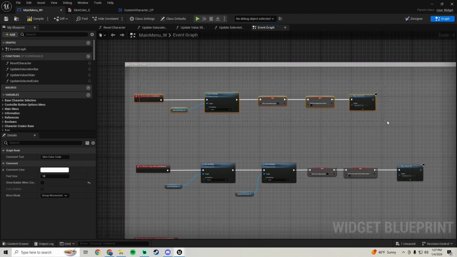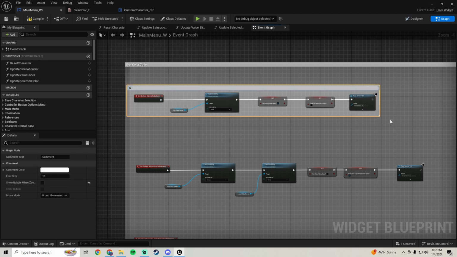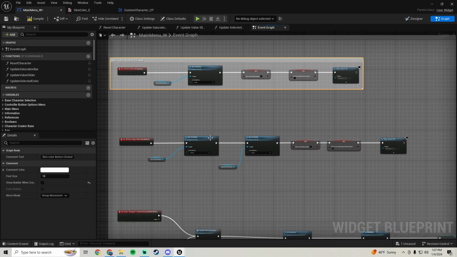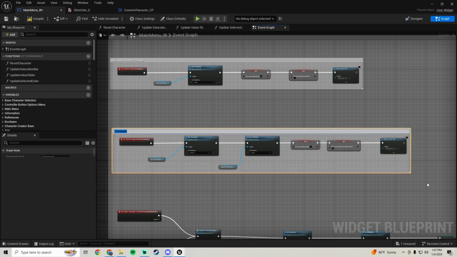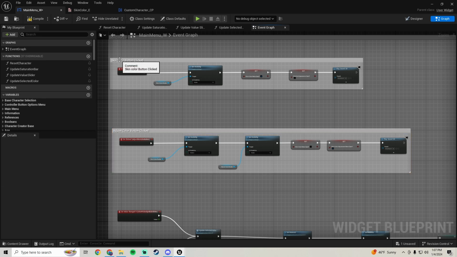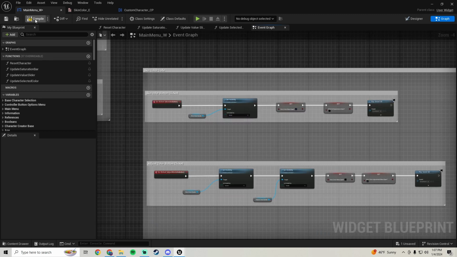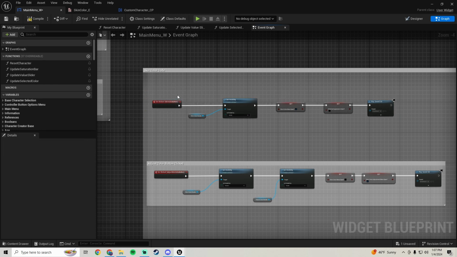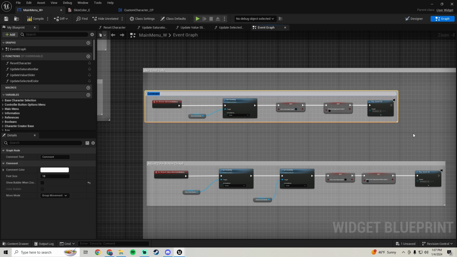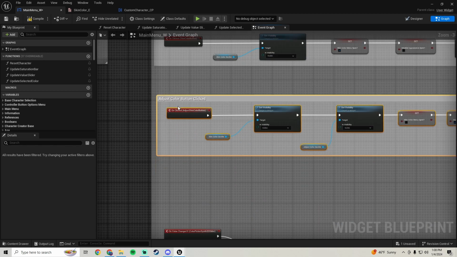So this is going to be our skin color button, so just highlight it, add a comment. We're going to call this skin color button clicked. We're going to go down to this one, to our adjust color button. We're going to add a comment. Call this adjust color button clicked. And this not being capital is going to bug the hell out of me, so let me fix that if it'll let me. Of course it won't. And just delete that comment and remake it. So skin color button clicked, and we'll go ahead and move this one. We highlight it, move this one under there,